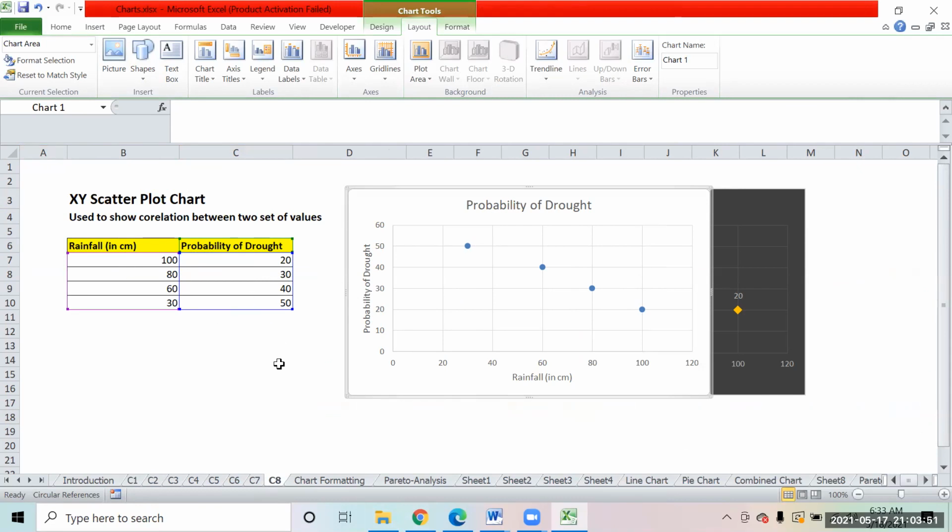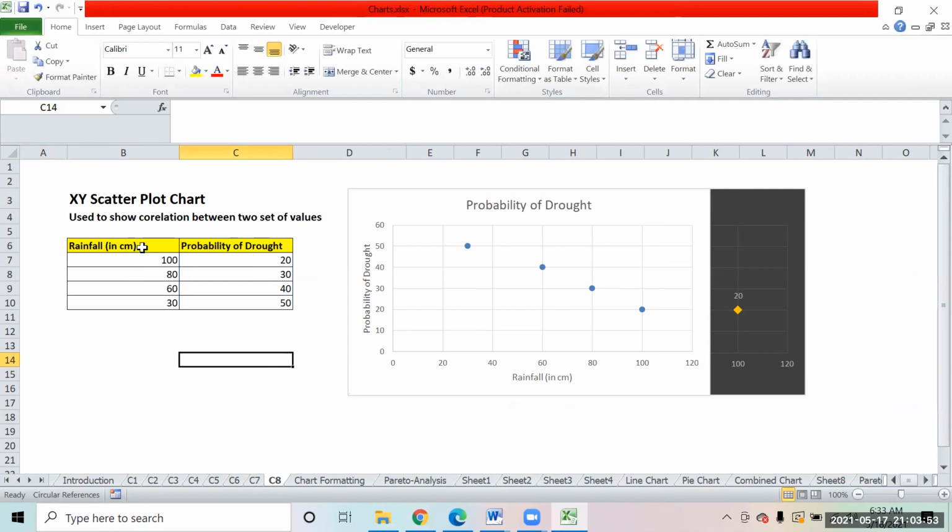For example, over here I have two variables and both are numeric. One is rainfall, and another is probability of drought. I want to find the relationship between these two, because I know that if the rainfall is high, probability of drought will be low. As rainfall decreases, probability of drought increases.